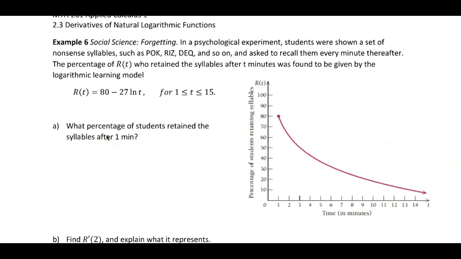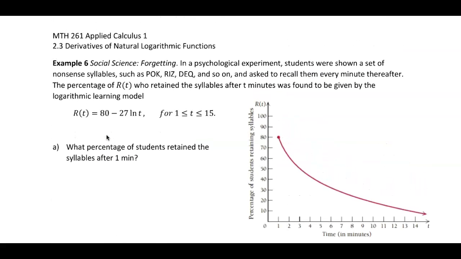All right, this is the very last example, example 6, social science forgetting. In a psychological experiment, students were shown a set of nonsense syllables such as POK, RIZ, DEQ, and so on, and asked to recall them every minute thereafter. So what will happen? They will remember less and less as time goes, right? We're going to forget about them. These are nonsense syllables. So the percentage R of t who retained the syllable after t minutes was found